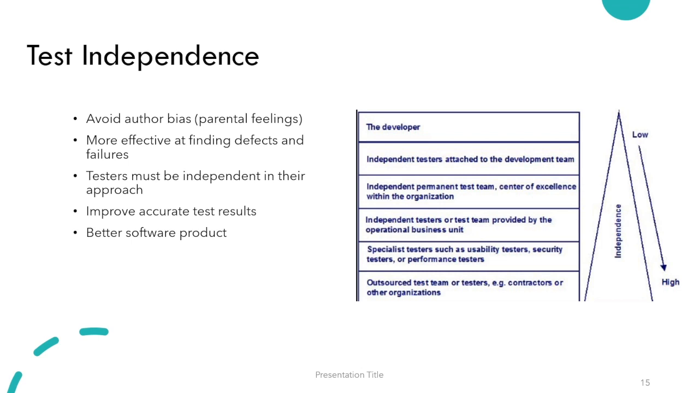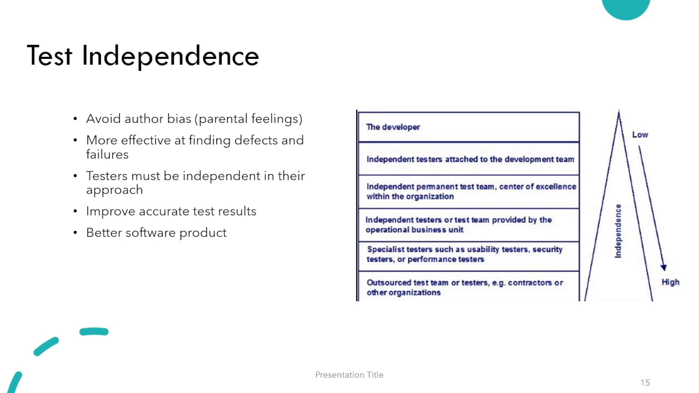The final point we'll look at is the test independence. It's very important within software testing. It's to ensure that the tests carried out and how they're approached independently without any preconceived notions or assumptions about the product being tested. This can include bias depending on the tester's involvement of the development stages, as shown by